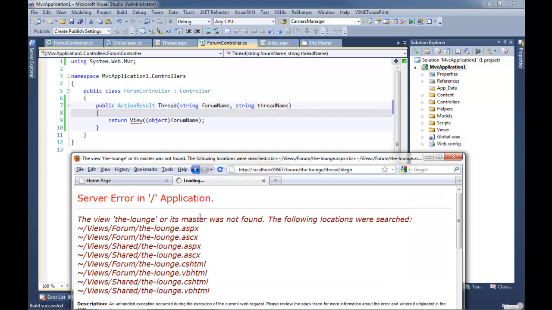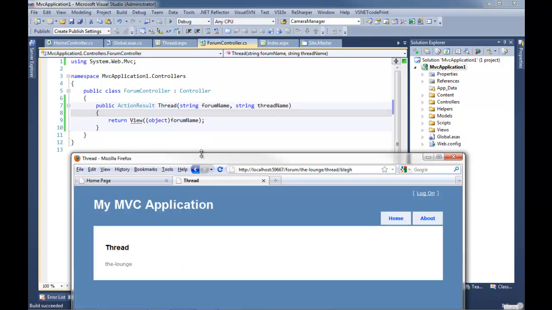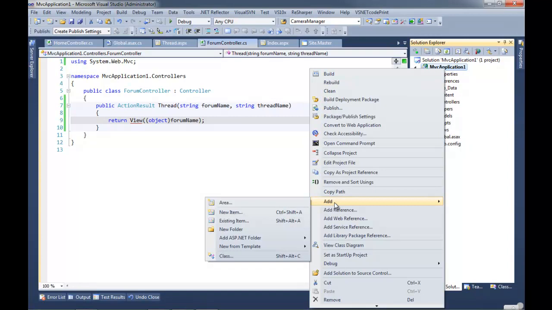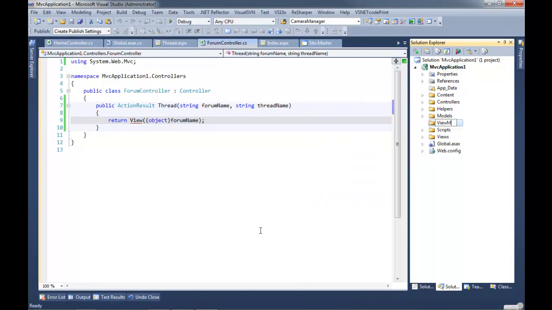I use custom view model classes, which I'll show you how to create in a quick second. So now we have the lounge. Nice. But this is great, but we want to pass in two things. We want to pass in the forum name and the thread name, and we want to do this on pretty much every single view that we render. So why not start an awesome convention that I've started in my own code, where we create a folder called ViewModels. Did you see where this is going, Jason?